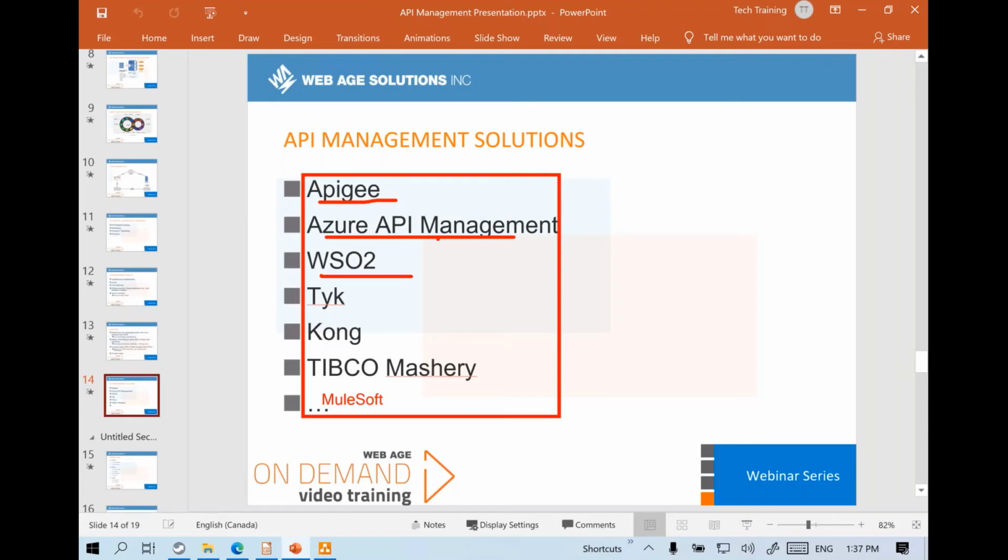If you try to implement your own custom API registry from scratch, it will definitely be quite time consuming. You could look into the developer stack offered by Netflix. So Netflix has the open source stack for Java developers and other developers as well, where you can choose to register your APIs. Like we have something called Eureka. Eureka is offered by Netflix. It is just the registry solution where you can register your APIs and discover the services. But it's not a full-blown API lifecycle management solution. It is just the registry portion. Whereas these are full-blown API lifecycle management solutions.